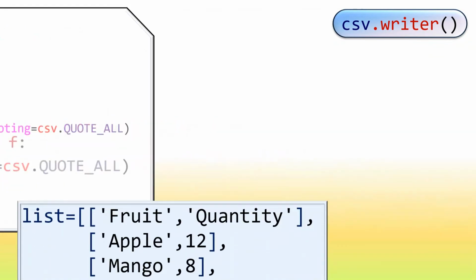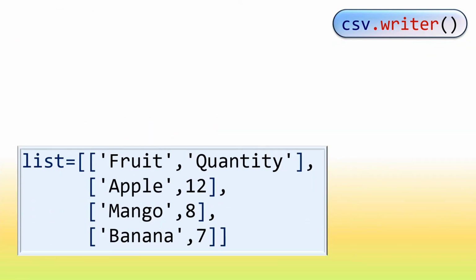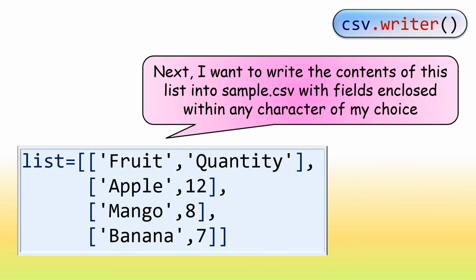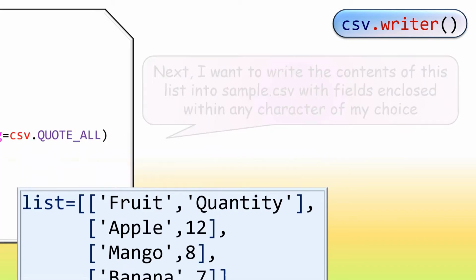Next, I want to write the contents of this list into sample.csv with fields enclosed within any character of my choice. For this, I have to supply two parameters. One is quotechar, another is quoting.